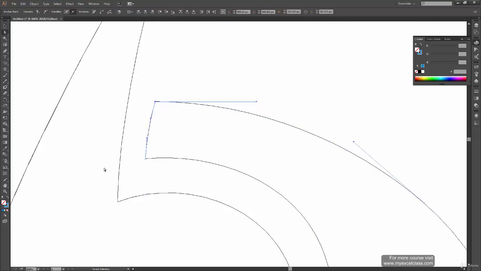Now at times when you're working at a very high precision level, you might find it difficult to move your anchor point or your control handle to the exact position you want. For that, you can select the anchor point and use the left and right arrow keys or up and down arrow keys to position it correctly.